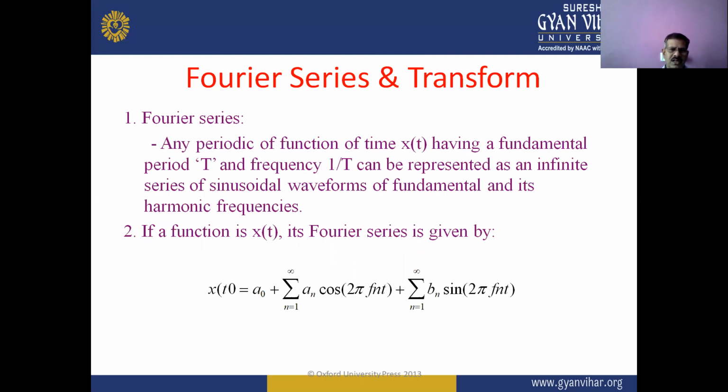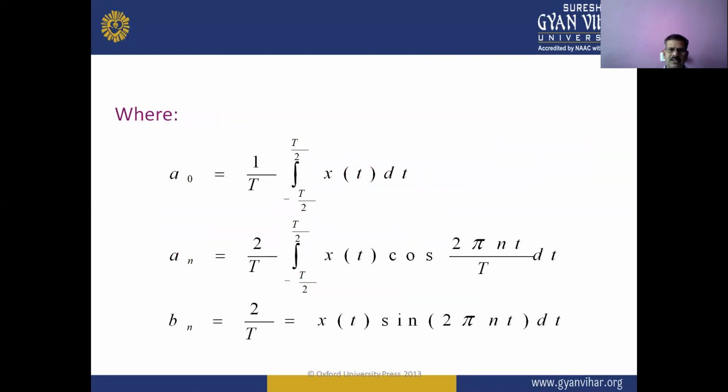So if the function is x(t), its Fourier series is given by this equation: x(t) equal to a naught plus summation of n equal to 1 to infinity a n cos 2 pi f n t plus summation of n equal to 1 to infinity b n sin 2 pi f n t. So this is the Fourier series representation of x(t),